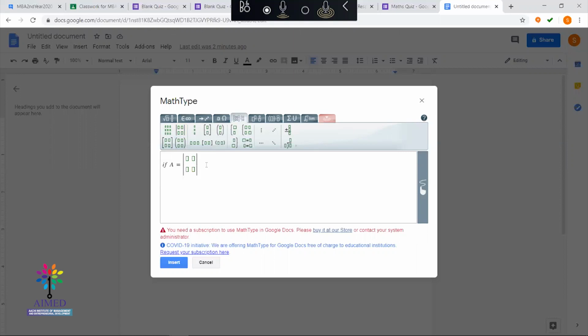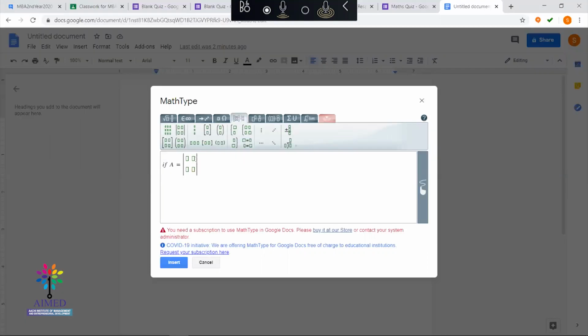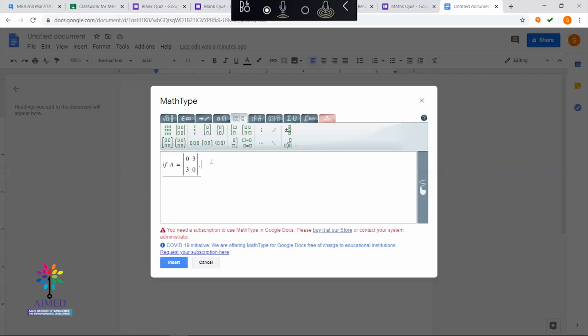So you can enter your elements in these brackets. Like, in our sample question, let me give 3, 0, 3, 3, 0. To come out, just click at the end of the matrix. Then you can move on with your question, comma,